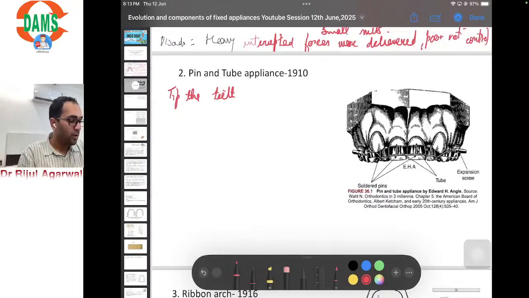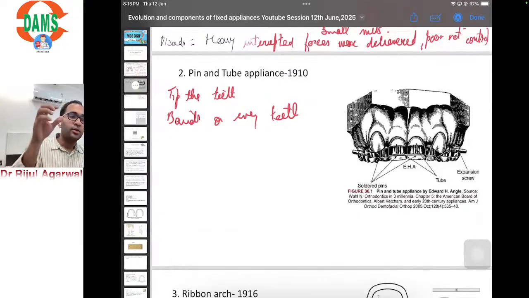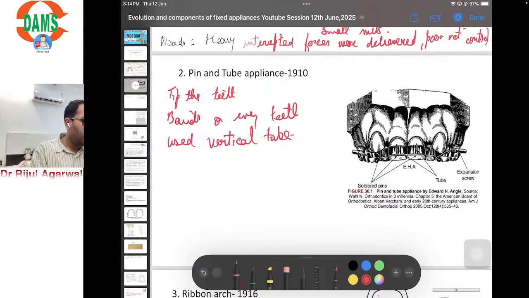Angle placed bands on every tooth. So all the teeth were first of all banded. The advantage banding served was that it provided more rigid control over the movement of the teeth. Still, we were not able to prevent the tipping of these teeth. So the next modification he made was to use a vertical tube on each tooth,